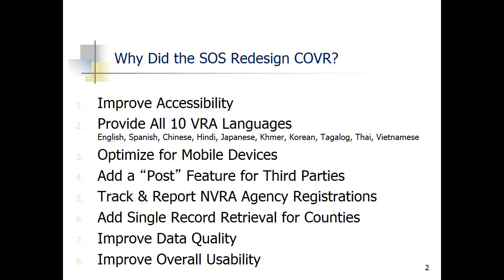We also wanted to be able to track and report online voter registration applications that are coming from our many, many National Voter Registration Act agencies. There are hundreds of agencies, government agencies in California that have to offer voter registration under the NVRA, and we wanted to be able to track and report that to the federal government. Also created some additional functionality for the counties that they asked for, and in general, we have